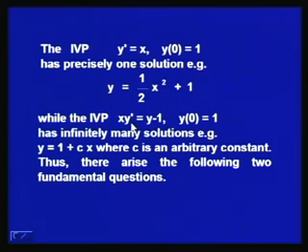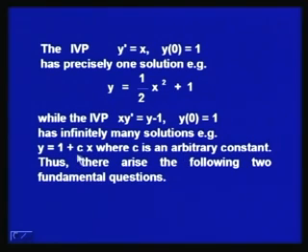We can write it as a linear differential equation of first order, and then find the integrating factor. It will turn out that the integrating factor here is 1 by x. We can multiply this equation by the integrating factor 1 by x and integrate with respect to x. We shall see that the solution is y equal to 1 plus c x for all x not equal to 0, but y equal to 1 plus c x also satisfies the condition y 0 equal to 1. So, we can say that y equal to 1 plus c x is the solution of the given initial value problem for all values of x, where c is an arbitrary constant.